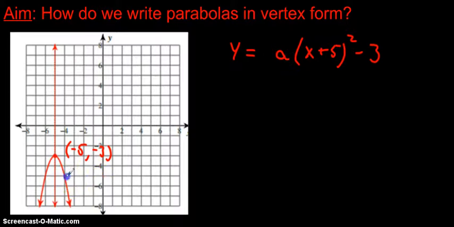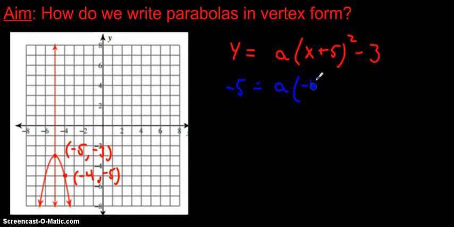If we take any other point on the parabola besides the vertex, in this case negative 4, negative 5, we can substitute it into x, y, and solve for a. So we'll actually be able to determine the value of a that way. So in this case, this would become negative 5 is equal to a